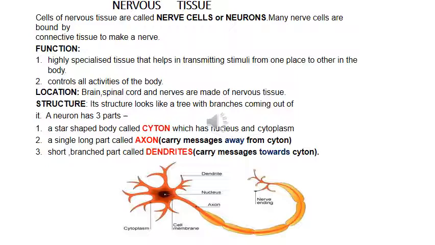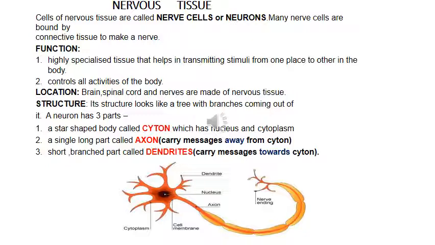Okay, moving on to the last topic, that is nervous tissue. Please all of you hold your book in your hand, page number 77. All cells possess the ability to respond to stimuli. However, cells of the nervous tissue are highly specialized for being stimulated and then transmitting the stimulus very rapidly from one place to another within the body. If the stimulus is there from hand to brain, it takes only 0.3 seconds.